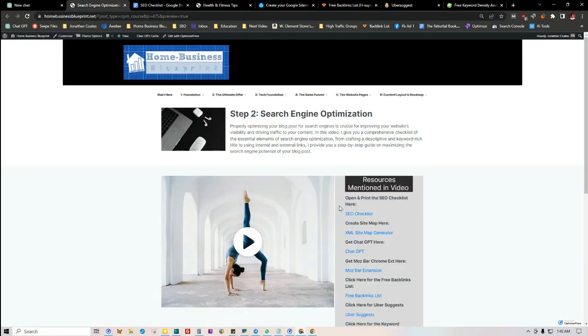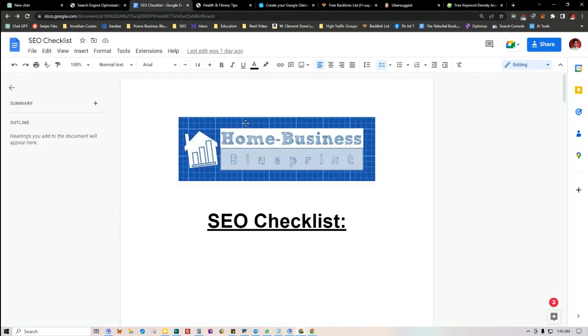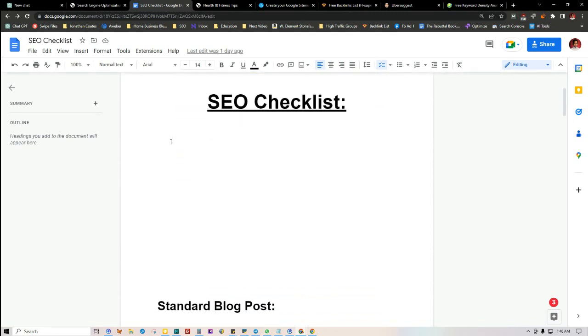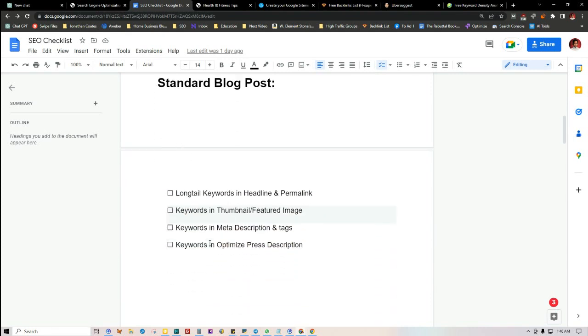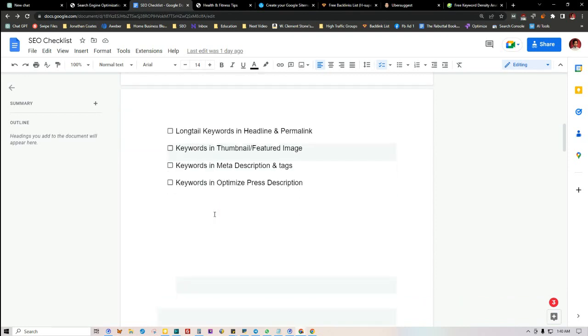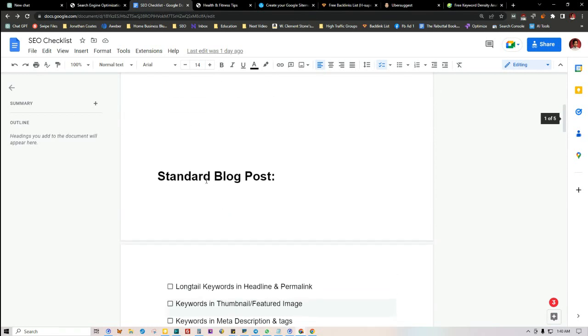And I actually provided you with a checklist that we can go through. This is kind of similar to the pre-published content structure checklist. The only difference here is that SEO is completely optional. That's why I had it in a separate module. So you'll see stuff on here that is similar to the pre-published content structure checklist, but this is specifically optimized just for SEO purposes. So let's go ahead and get into it now.